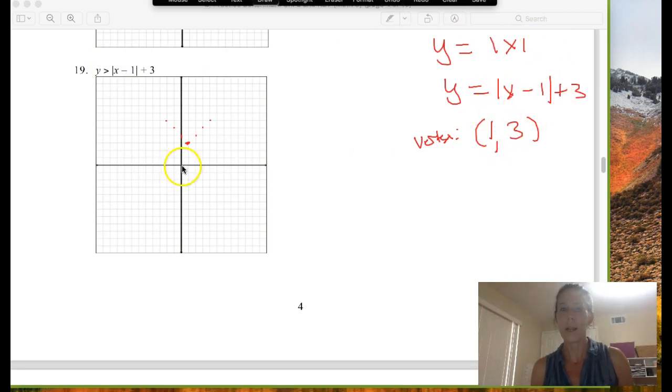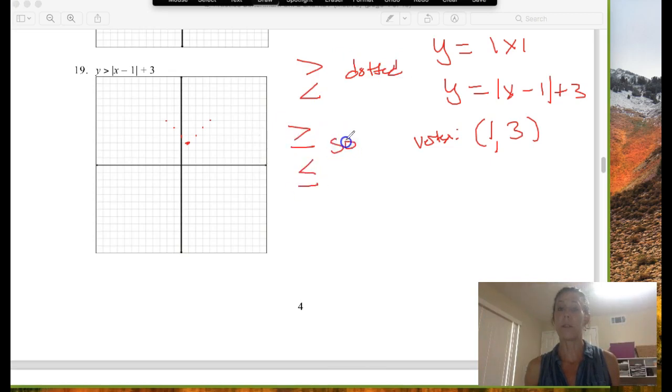All right, so I took my origin, I moved it to the right 1, up 3, and there's my graph, so I'm going to go ahead and graph it. Now here I have y is greater than this. Now careful, it's not greater than or equal to. Just like the lines, greater than or less than is dotted, and then greater than or equal to and less than or equal to would be solid, meaning I'm including the lines. So I just have a greater than, so I'm going to have to do a dotted graph here